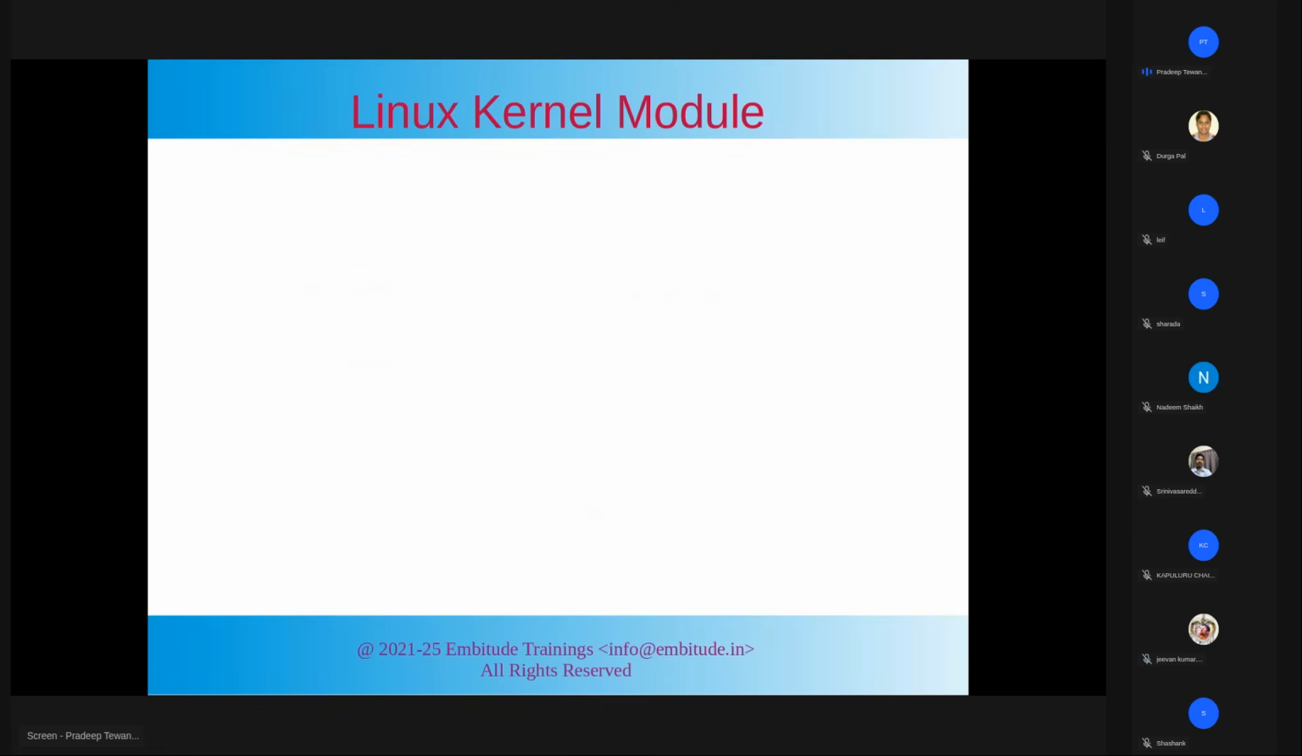Coming to the important topic of Linux kernel module. So first of all, we need to understand what this Linux kernel module is. In Linux, there is one facility being provided where you can hot plug the drivers. Now, Linux was the first OS to have this particular functionality where you can dynamically, on the fly, load the